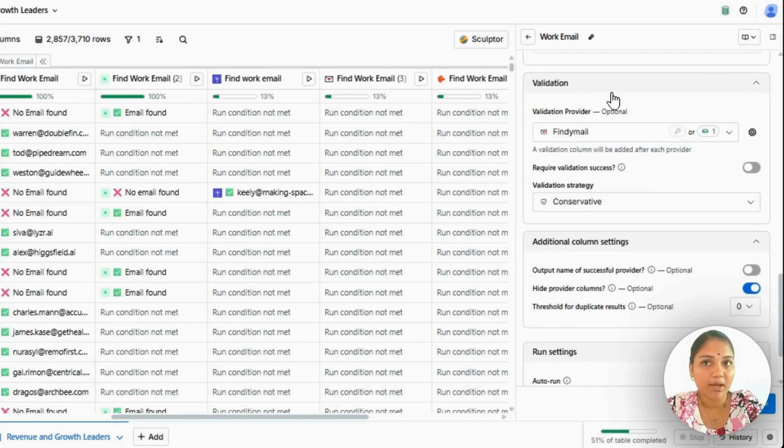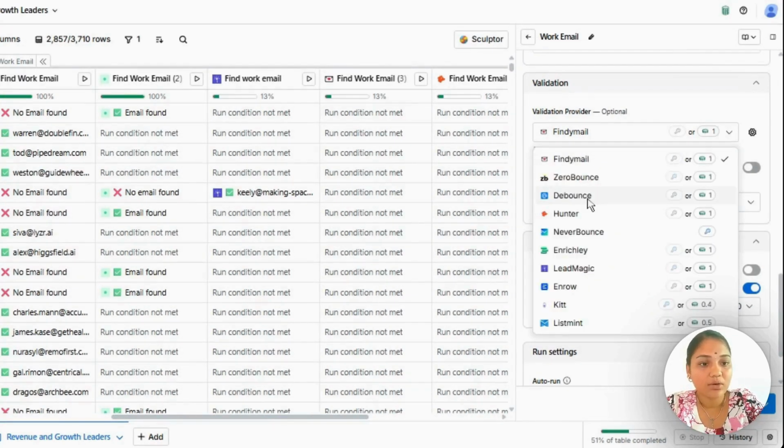So you got the email, and now you need to validate it, like whether it is verified to reach out right now, or it is in a spam folder, or it is a validated email. For that, there are a lot of tools here. As already said, you can select which tool you want to use based on credit basis. And if you use a particular tool's API key, you just select the tool and add the API key of that tool.